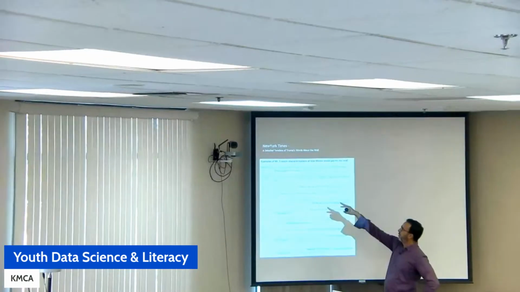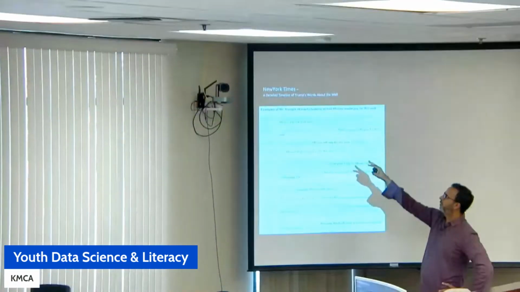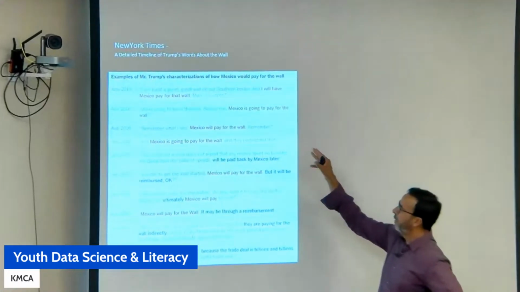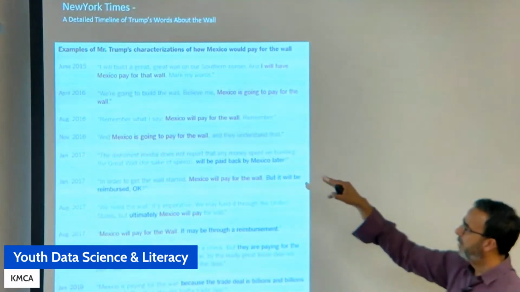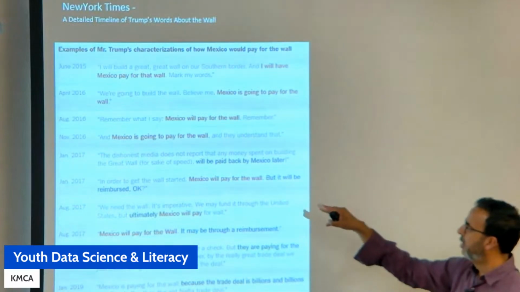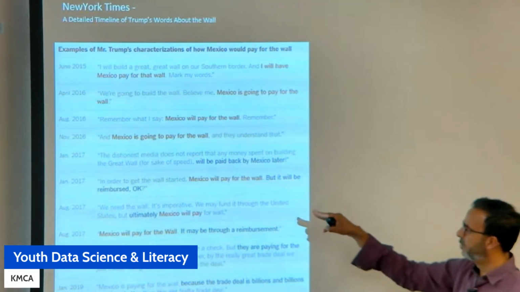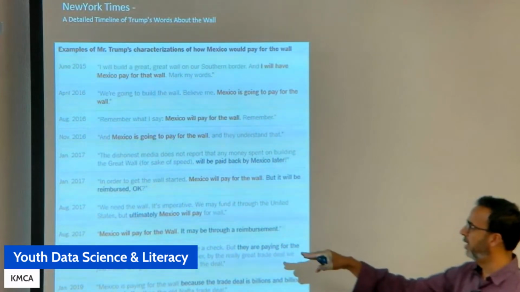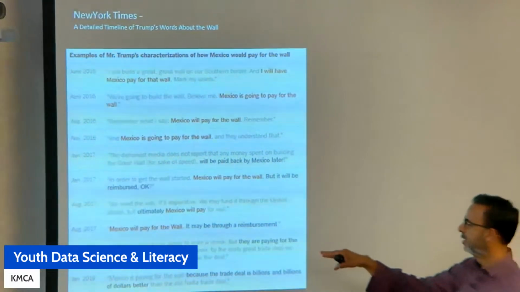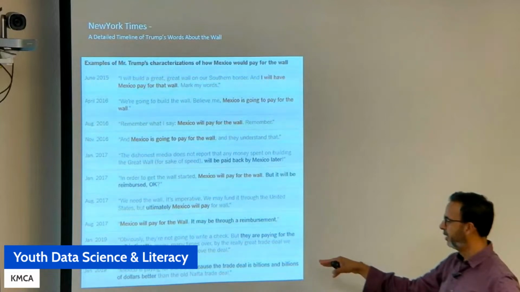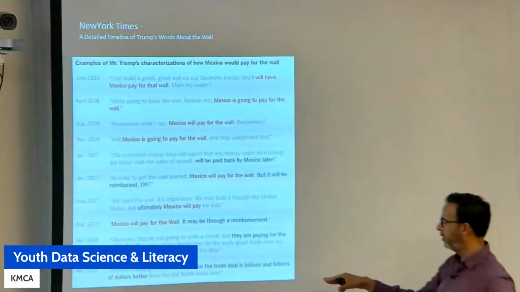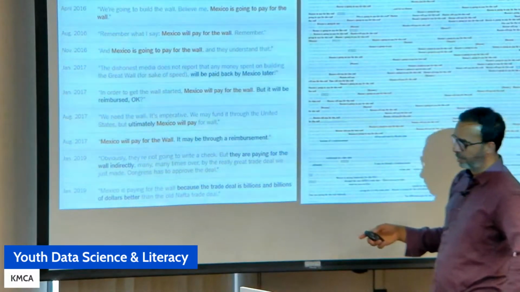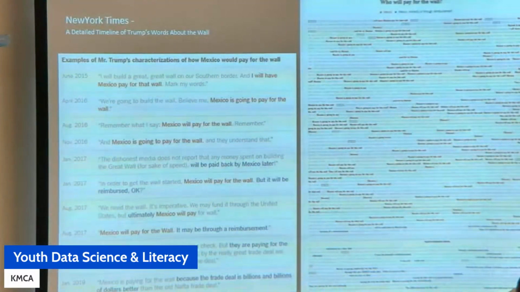June 2015, he said, Mexico will pay for the wall. April 2016, Mexico is going to pay for the wall. Mexico will pay for the wall, but it will be reimbursed, okay? Ultimately, Mexico will pay for the wall. It may be through a reimbursement. They are paying for the wall indirectly. Because the trade deal is in billions and billions of dollars, they are actually paying for it. And then when you do this thing,